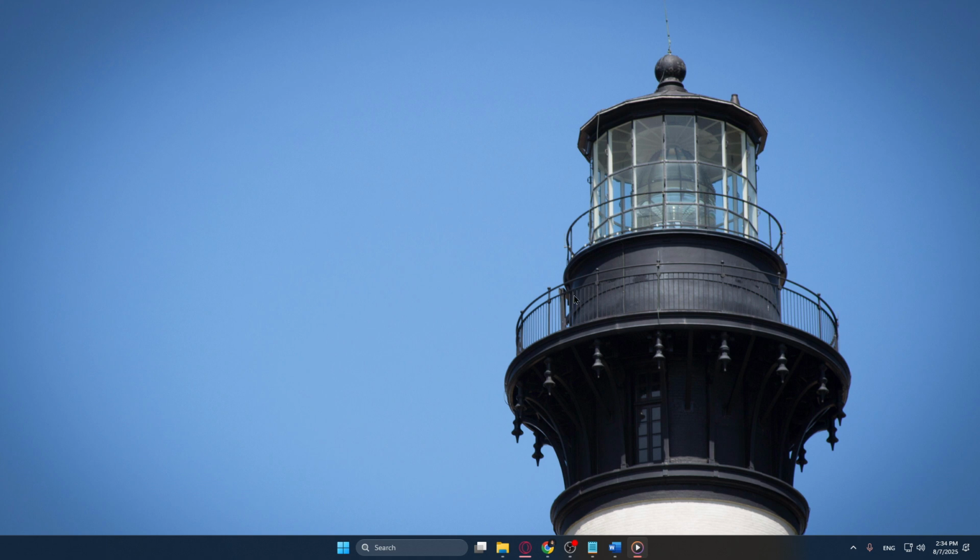Let's dive in. First, let's head to your desktop. This is the main screen of your computer where you can view all saved files, folders, and shortcuts. It's often the first thing you see when logging in. Having a clean and organized desktop can significantly streamline your work process, so creating shortcuts to key applications is a